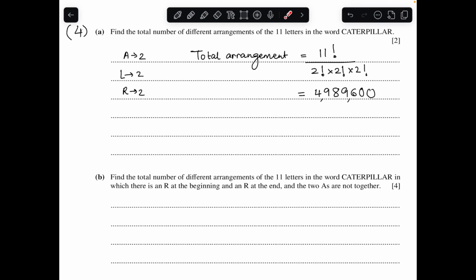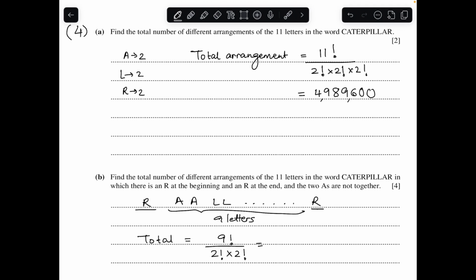Again, you could use the method of the two A's being together and then minus from the total arrangements. So the total arrangements over here, let's say R is at the front and one R is at the back, so we are left with 9 letters. Remember, out of these 9 letters, there are 2 A's, 2 L's, and the rest of the letters. So the total is 9 factorial divided by 2 factorial times 2 factorial,